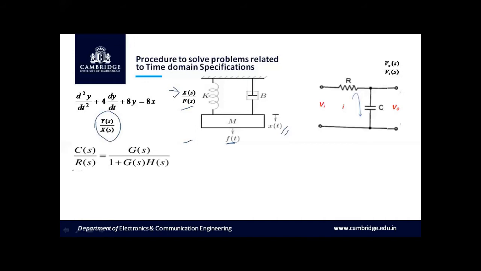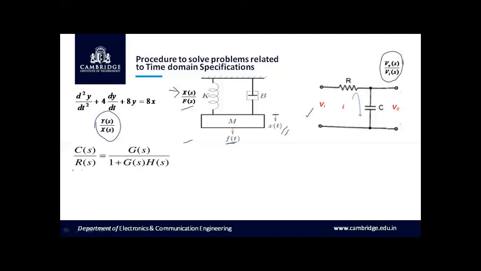And we have an electrical network in this example, in which the input is Vi of t and the output is V naught of t. The first step here is to transform this electrical network into an S-domain network and then write the loop equations applying KVL. Once we have calculated the loop equations, we calculate the transfer function, which is given by V naught of s divided by Vi of s.